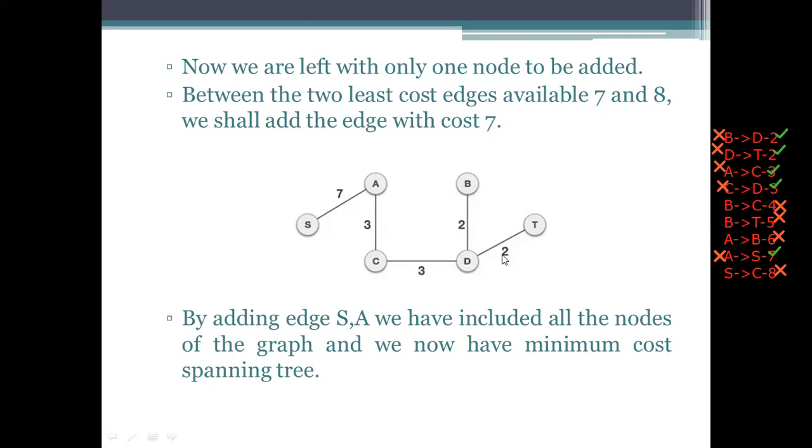What do you have to do? We need to specify that this has been used. By that we are forming a spanning tree which has the minimum cost, because we are using the minimum cost edges only. Okay, so this is the first example. And coming to the next one,